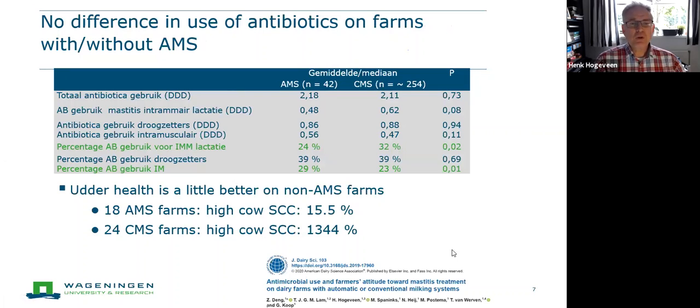If you just look at some other data, you can also see that there's not much difference in the use of antibiotics on farms with and without AMS. This is a very recent study we published on the farms in one large veterinary practice, the University Veterinary Practice of Utrecht University, and all AMS farms, 42, and all farms milking with a conventional milking system, more than 5 times as many, were followed in terms of their use of antibiotics, and there were no statistical differences in the use of antibiotics,